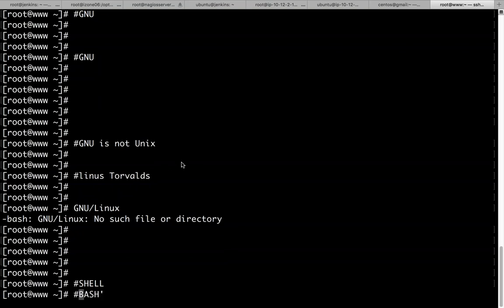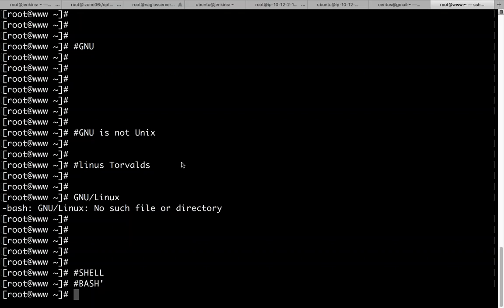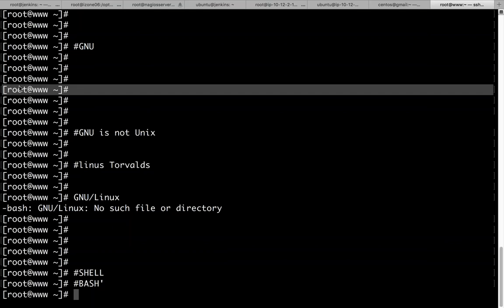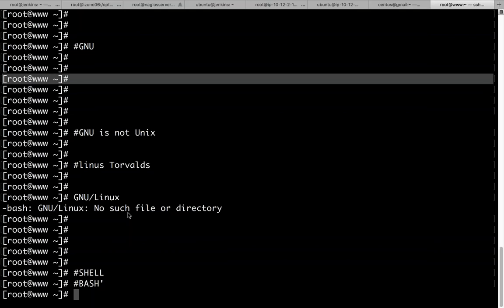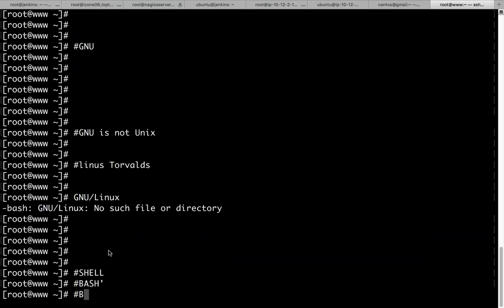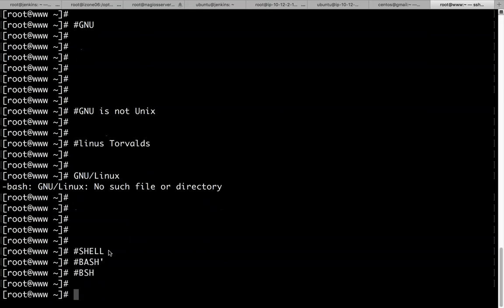So why is it called bash shell? It is called bash shell simply because bash itself is a replacement program written by GNU when they were creating a Unix-like operating system. There was a shell called Bourne shell, BSH, in the case of Unix.